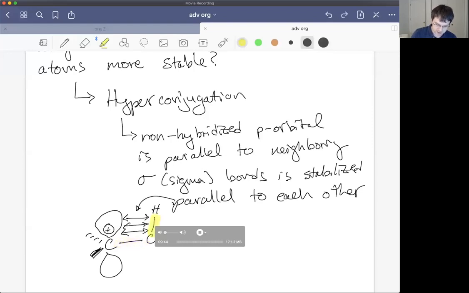It's the sigma bond next door to the carbon with the positive charge. And so in this case, if we had CH3s everywhere, as is the case for the tert-butyl carbocation, we could have the opportunity for either up or down parallel overlap with that p orbital of neighboring electron clouds that provides a stabilizing interaction on the positive charge, making it more likely to exist than it would if it didn't have those